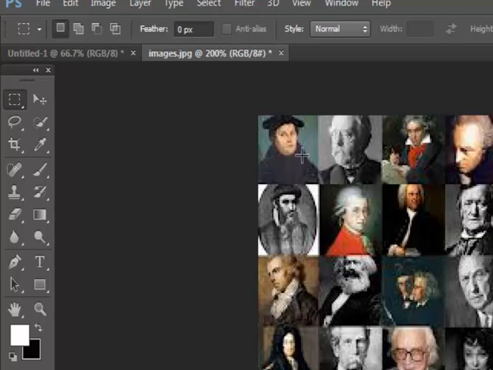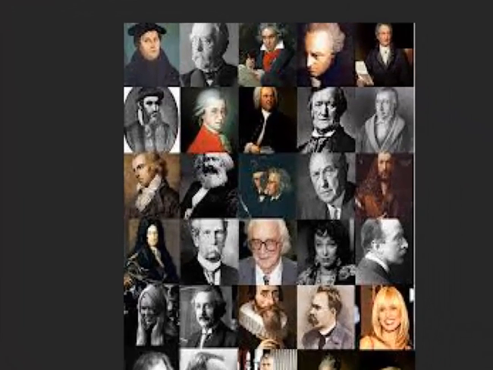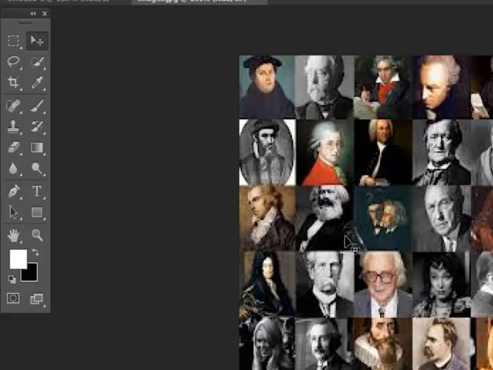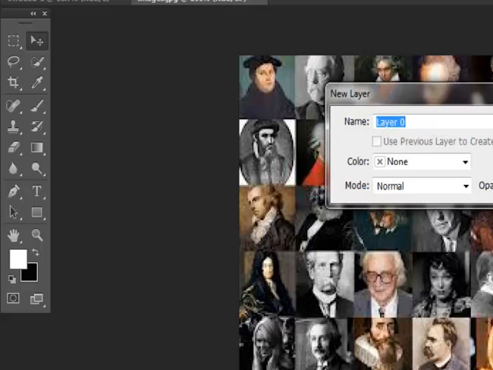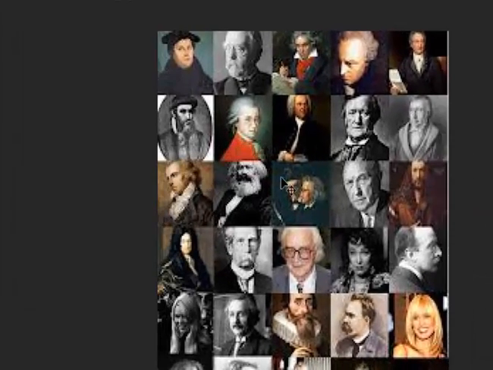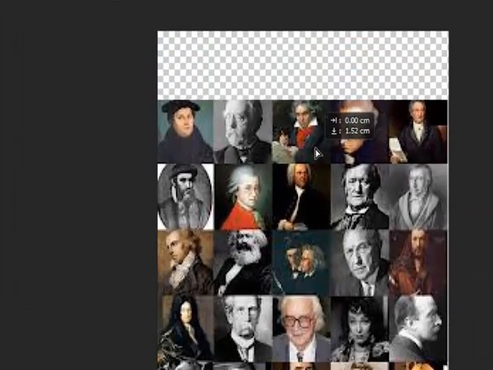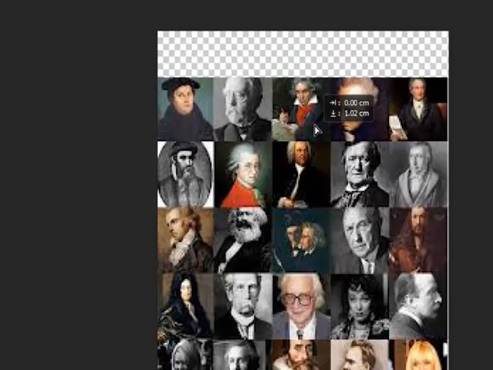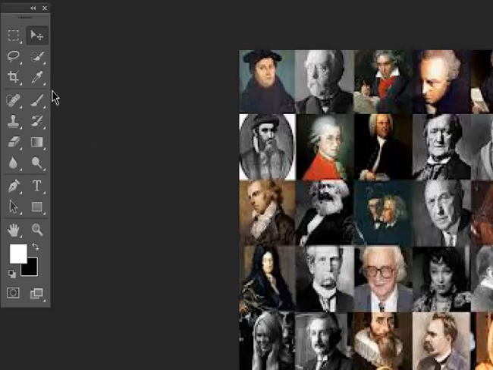For example, I have lots of faces on one photo. If I use the move tool, they will move as one, so they have not been cut yet. So I will use the marquee tool to cut.